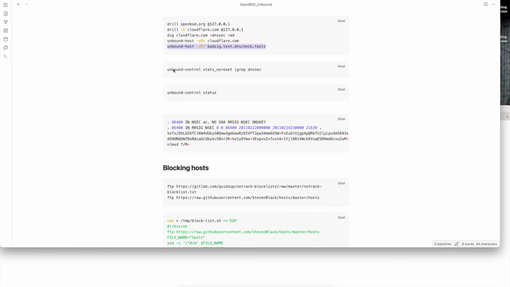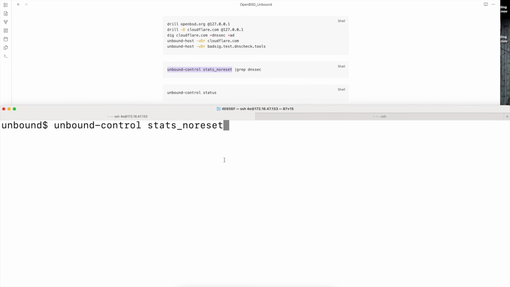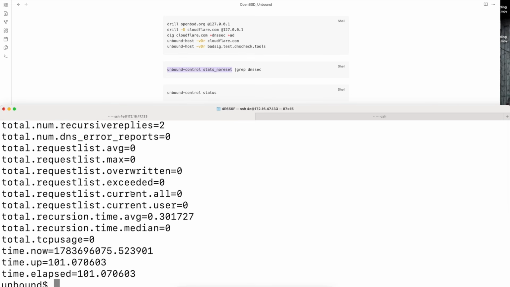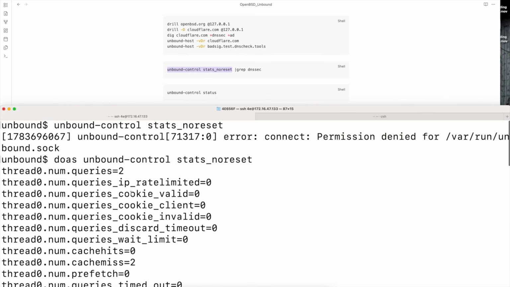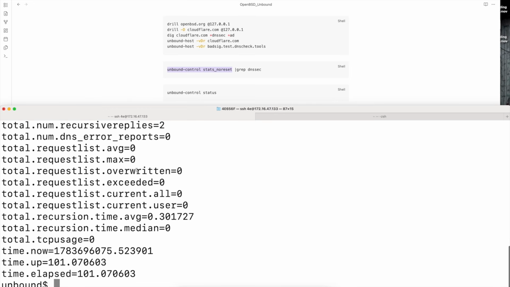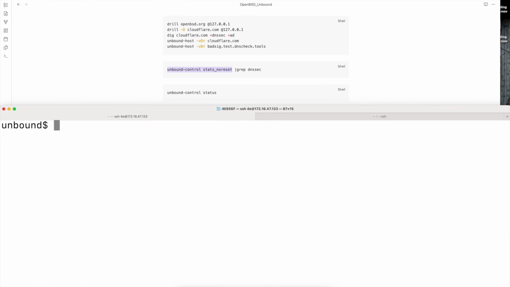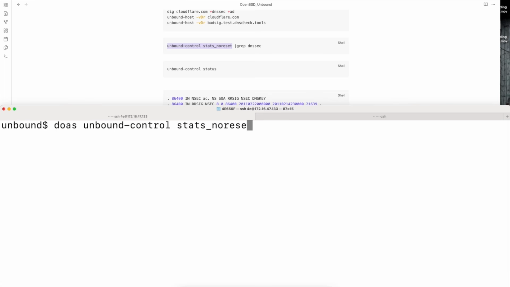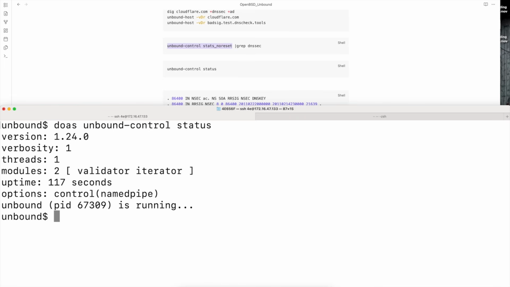So what else? We can take a look at this is the control interface that will at the end of the configuration file. It's the Unbound control. We can take a look at the status. Is saying that I don't have permissions because I didn't add myself to that group, so I need to do the DNS for that. Yay. And we have a few stats of how things are going there, queries and whatnot. We also have the status there. Yeah. Okay, now let's